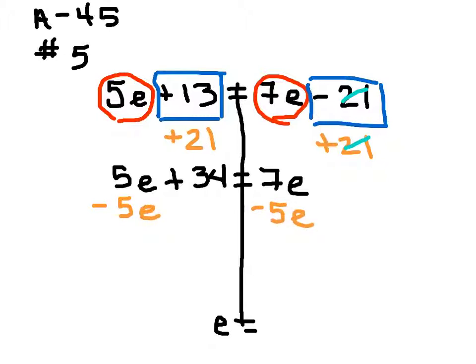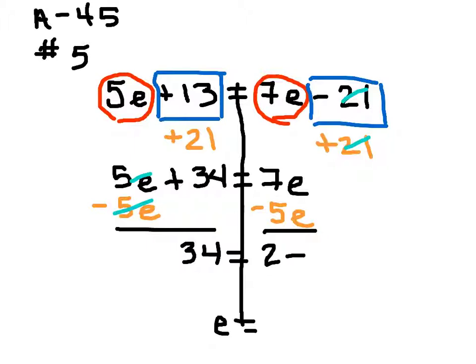When I do that, I'm going to end up with these over here, 5e minus 5e, those cancel one another out. And I'm left with a 34 on this side